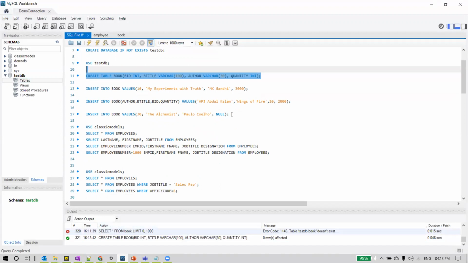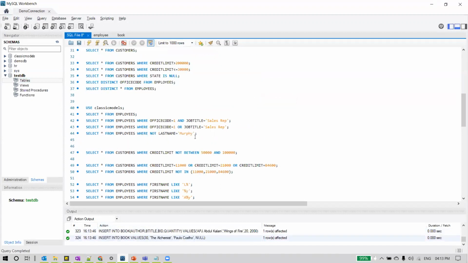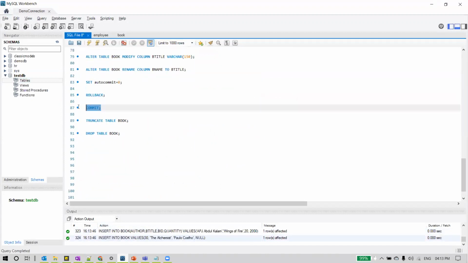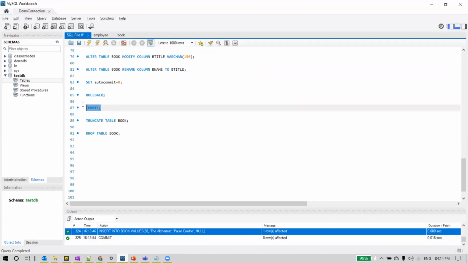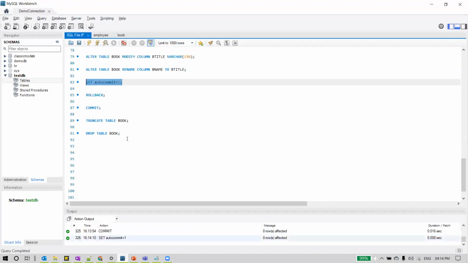Okay, we created the table and we also wanted some data in the table. Done. And I need to commit this transaction as set auto commit equal to 0. So let me execute this commit, or else this insert also comes under DML and will not take effect onto the database. So I ran this commit command, or else what we can do here is just set auto commit equal to 1, so that from now onwards we don't need to explicitly execute the commit command. That will be taken care of by MySQL automatically.